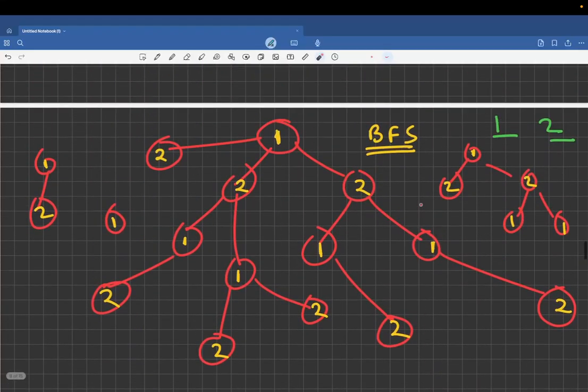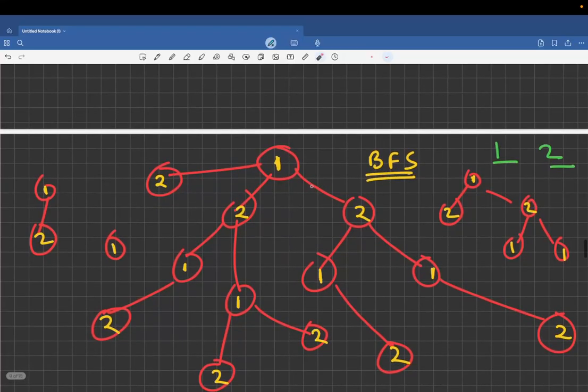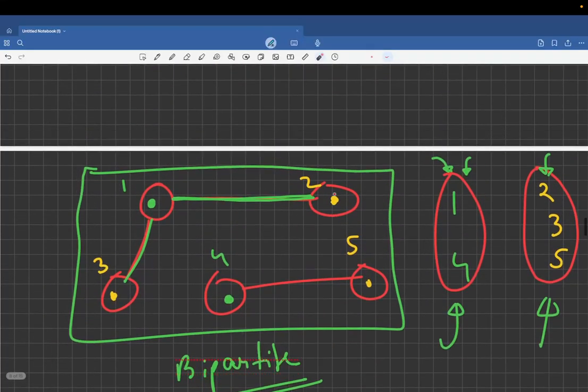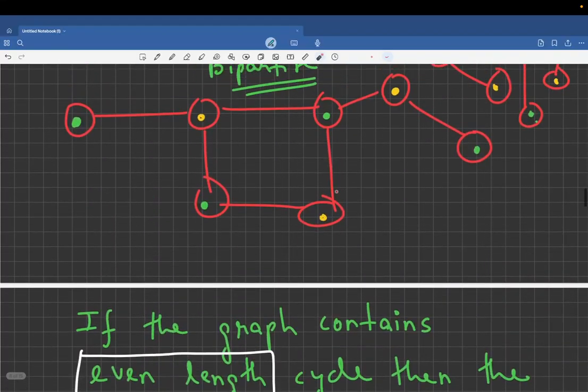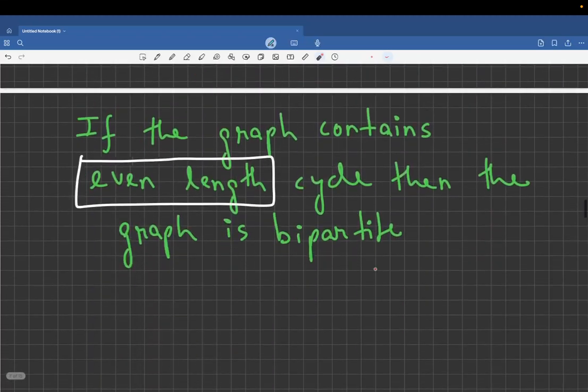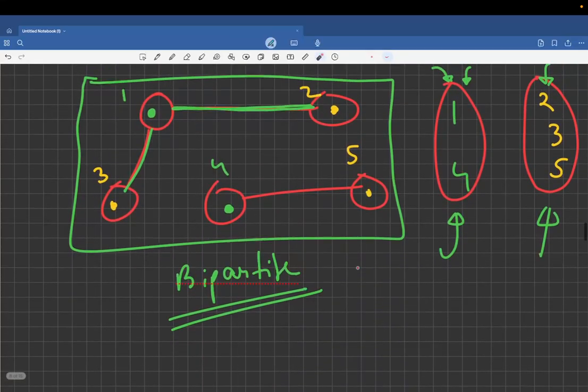So this is how, by a simple BFS traversal, you can divide the graph's set of nodes into two groups such that two adjacent nodes are not numbered the same. The basic and most important concept for this question was to understand what bipartite graphs actually mean, read the question and understand that it is a bipartite graph problem. And the third was to understand how we actually divide the nodes of bipartite graphs. Okay, I hope the solution is understood.